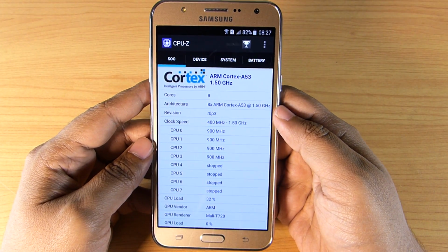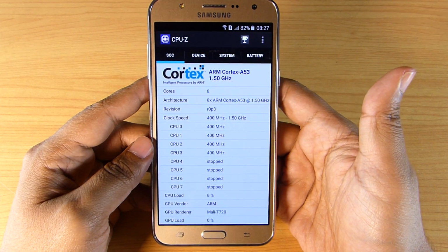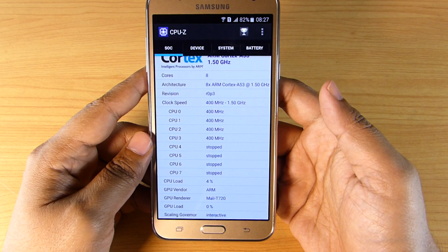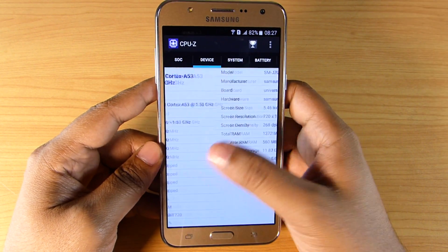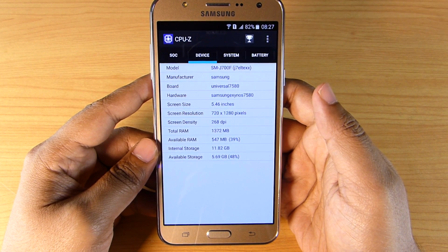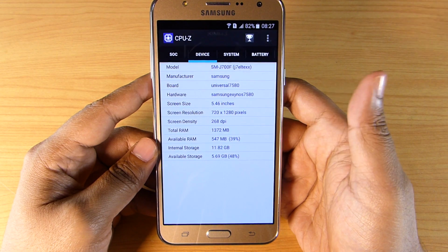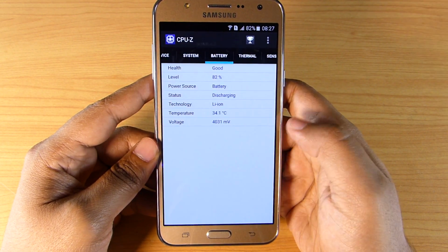In fact, the CPU and GPU are too good for the price. You are getting an Octa-core 1.5 GHz Cortex-A53 64-bit processor with Exynos chipset and Mali T720 graphics. The RAM is 1.5 GB, which is not bad, and the 16 GB of internal space is also ample, as there is a microSD card slot expandable up to 128 GB,